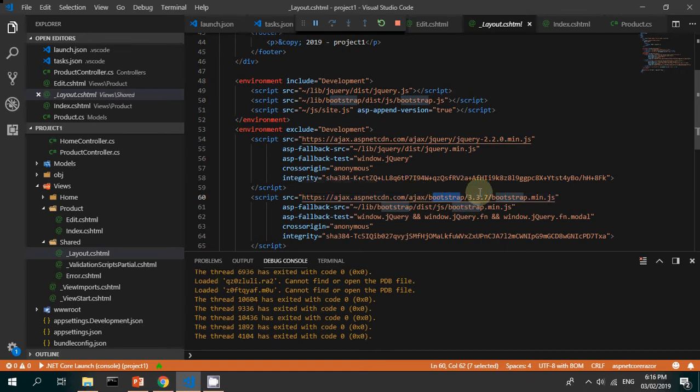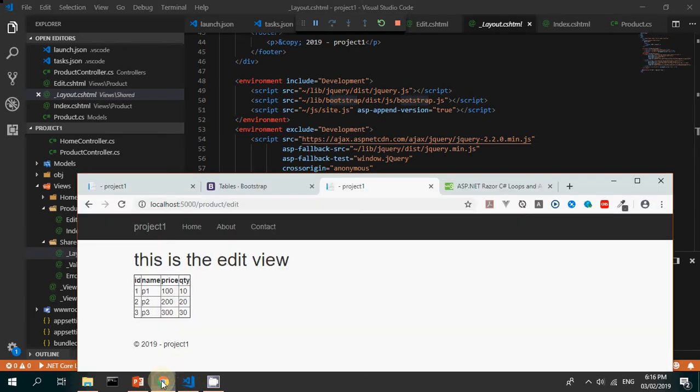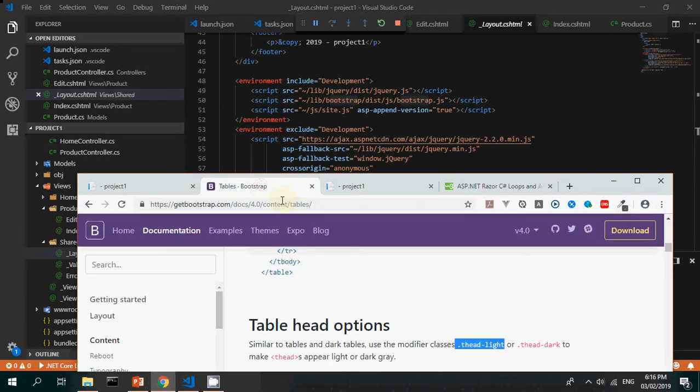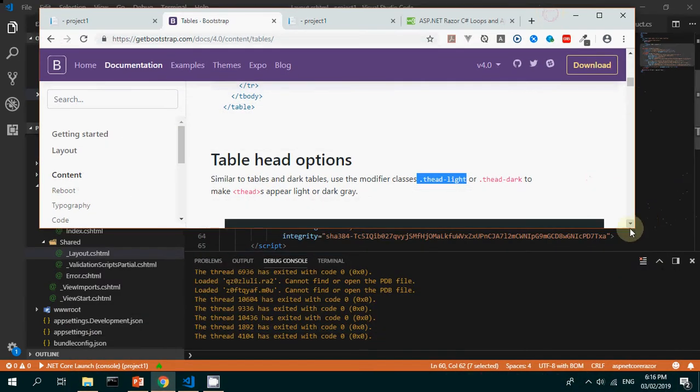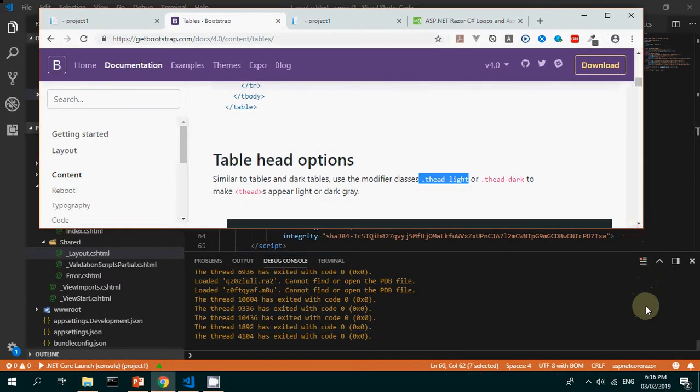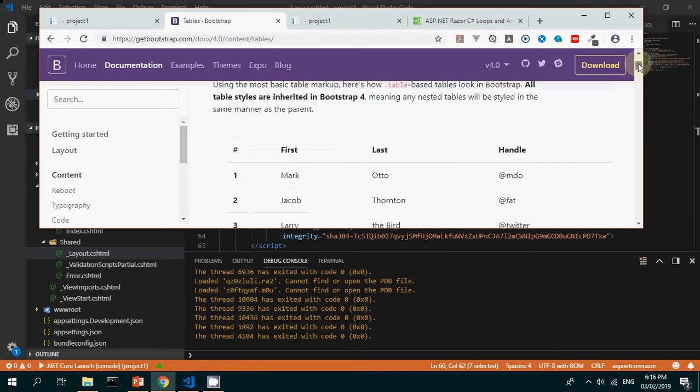Okay, so now it's already been referenced in our project. So what we need to do is find out how to use it. If you go online and look at Bootstrap and look at table, it's going to go to this reference, and I can go to the documentation,